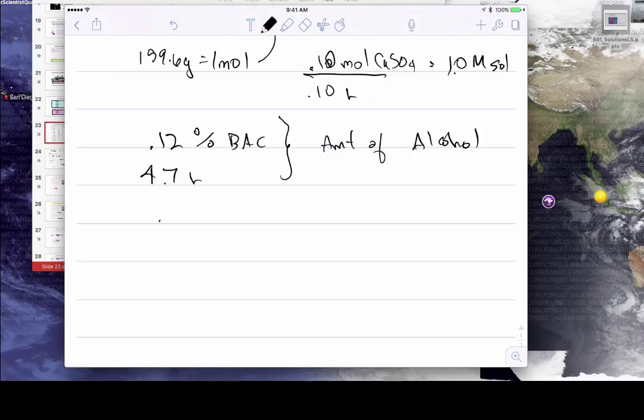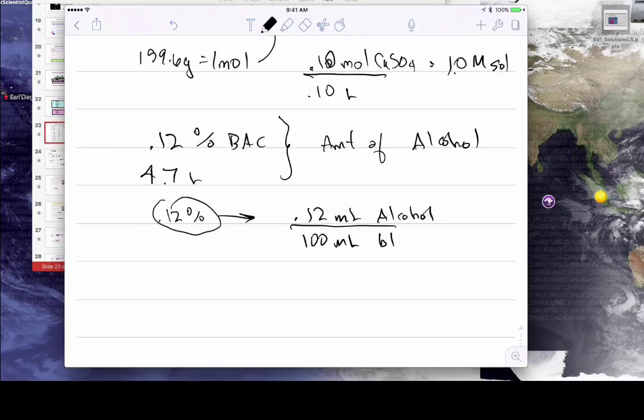When you see this 0.12%, you need to first convert this to something that you understand. Basically it means that you have 0.12 milliliters of alcohol in every 100 milliliters of blood solution. So we can use this information to calculate the amount of alcohol